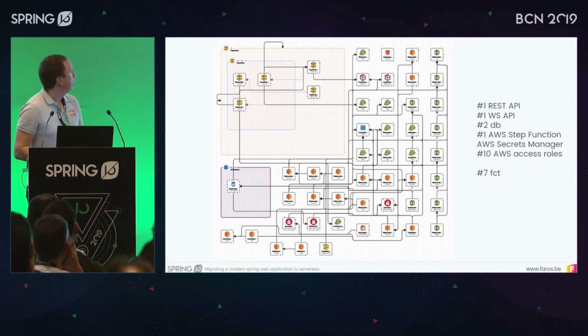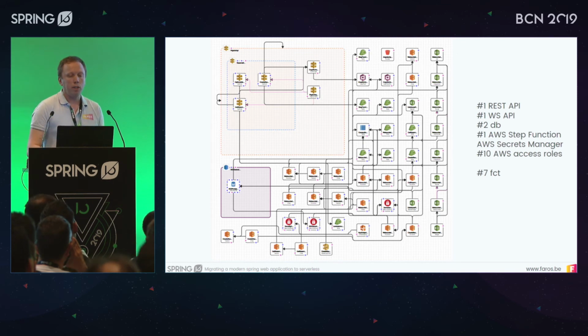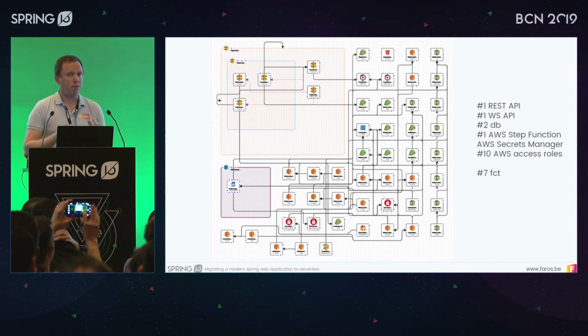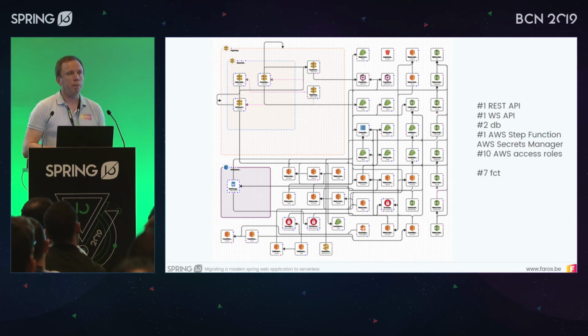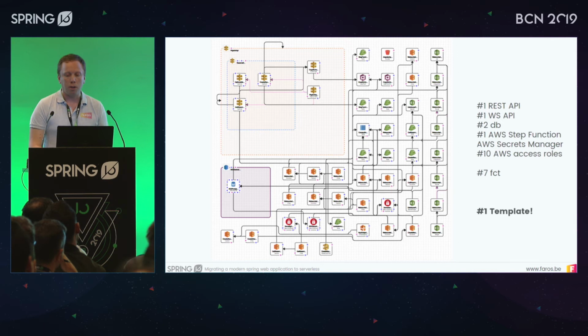And so that way we define all our resources, and we can start deploying this into our environment. Now, in fact, for our rather simple example here, you can see that there's already a lot of things going on. And the main thing I want you to notice here is that, of course, you don't really want to set this up yourself through the console. This needs to be automated as much as possible. This is a small application, but if you start using this for larger applications, then this is really mandatory to have it automated as much as possible. And you can see some numbers up there regarding our stuff. And then, of course, one template that rules or manages them all.